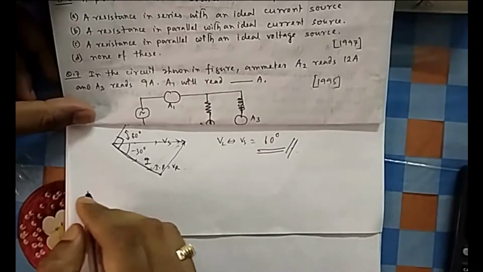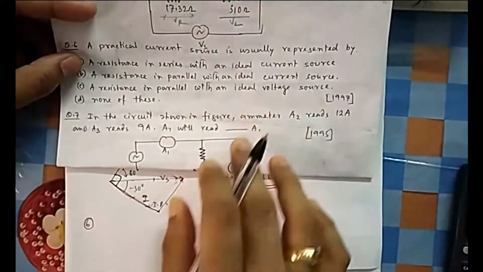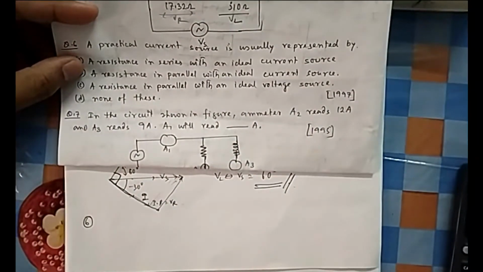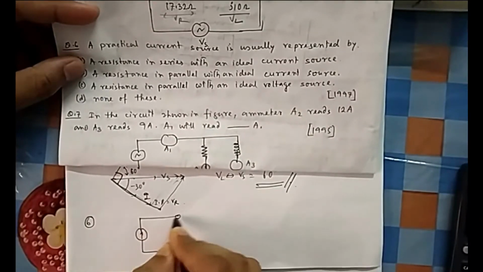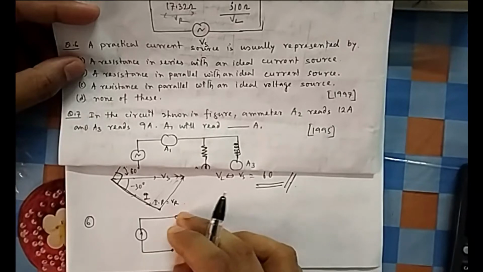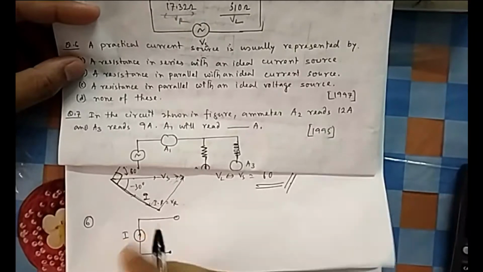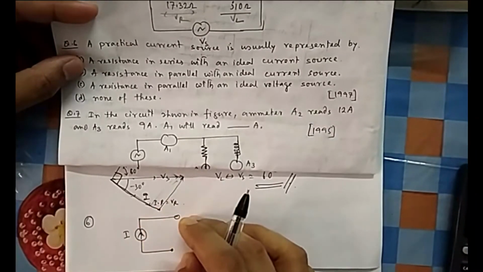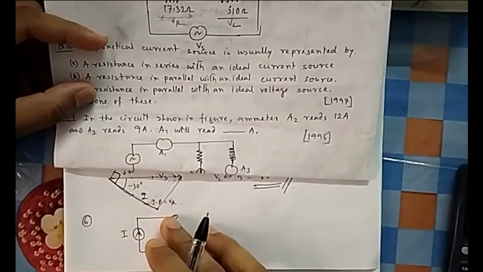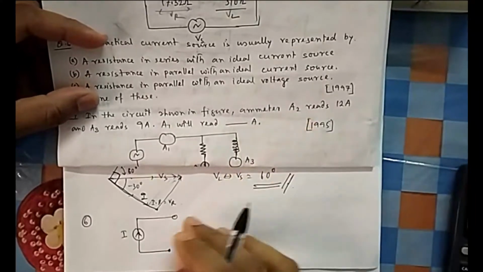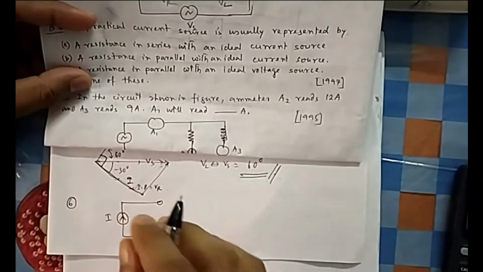In question number 6, what they are asking is: a practical current source is usually represented by what, with an ideal voltage source? Now you know how your current source is represented. This is your ideal current source. Whatever load you connect, it should always give you that ampere, 5 ampere if you say 5 ampere, 10 ampere if you say 10 ampere. But this is the ideal case. In practice you will never always get a fixed current of 10 ampere, because it will depend on the load and you will get some reduction. So how to include that reduction here?